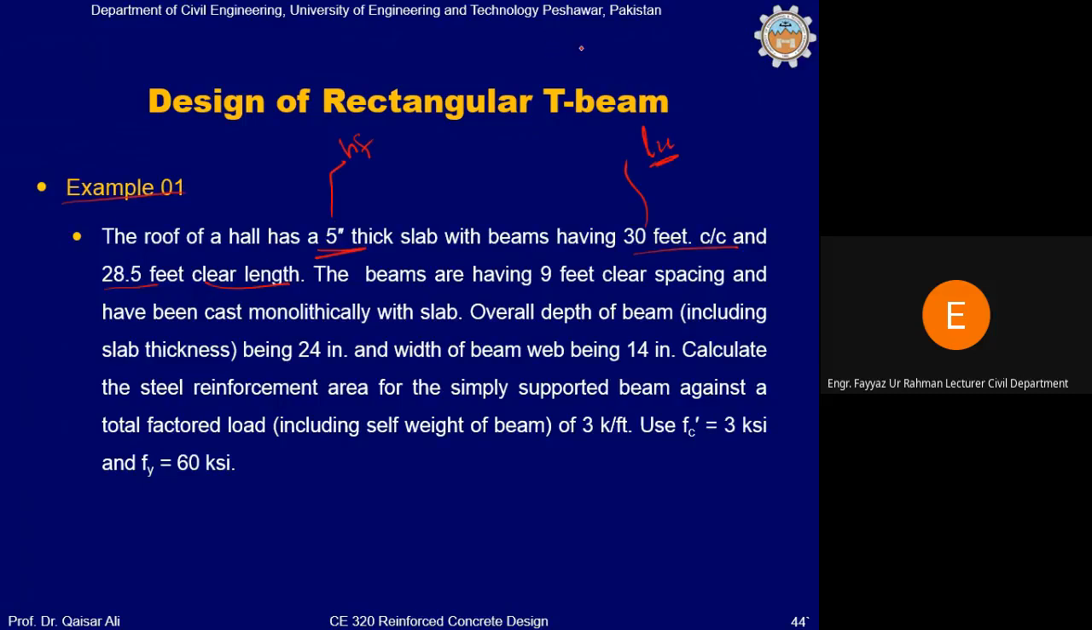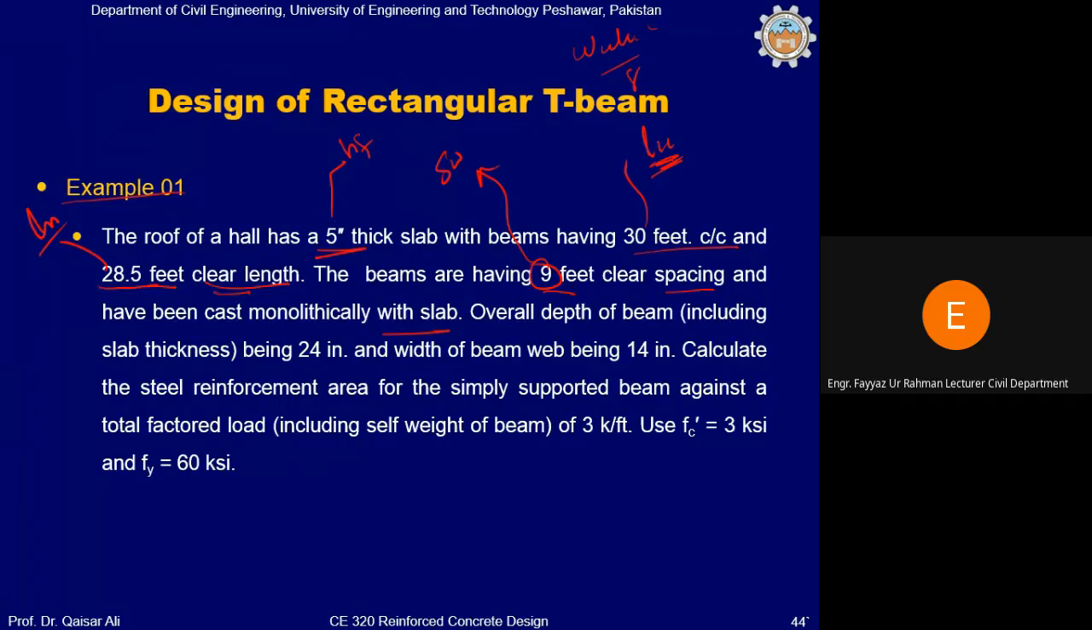यानी बेंडिंग मोमेंट जो आप कैलकुलेट करते हैं WU L सेंटर टू सेंटर स्क्वायर डिवाइड बाय 8, उसमें आप L सेंटर टू सेंटर पुट करेंगे, सही। And 28.5 feet clear length, so this clear length Ln will be required in the calculation of effective width. The beams are having 9 feet clear spacing and have been cast monolithically with slab। इसका मतलब T beam है।